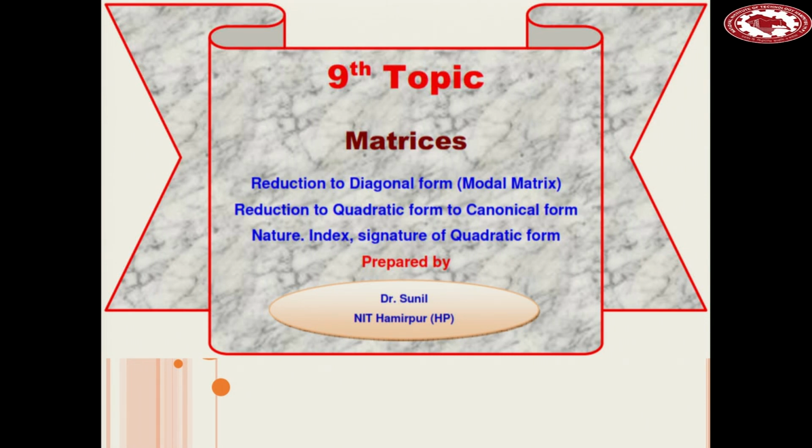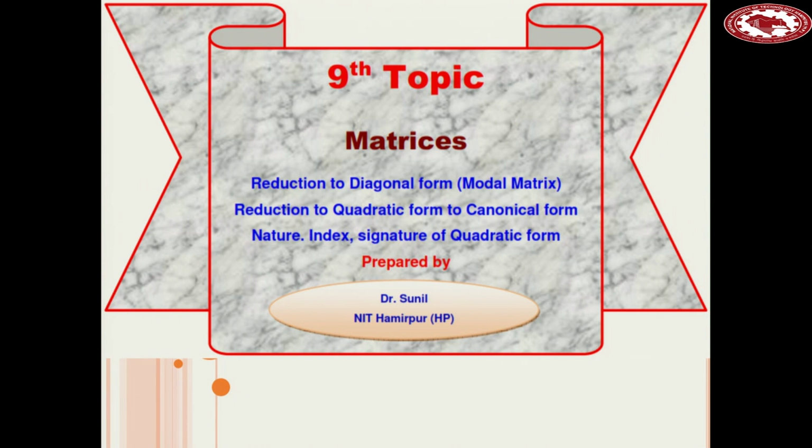Today we will discuss quadratic form as well as canonical form, and how we can reduce quadratic form into canonical form. We will discuss 2-3 problems: how can we reduce from quadratic form to canonical form by linear transformations or by orthogonal transformations. But before we solve a few problems related to this transformation, let us define what a quadratic form is.